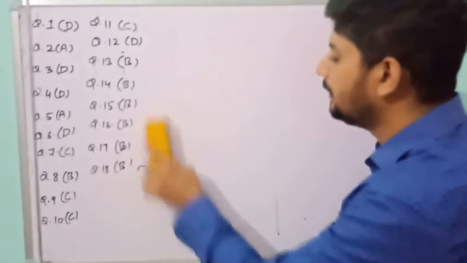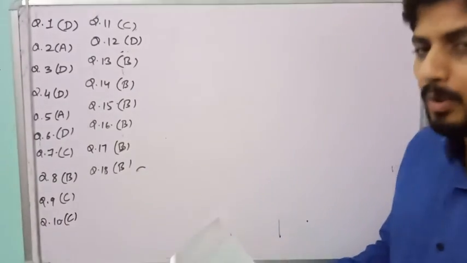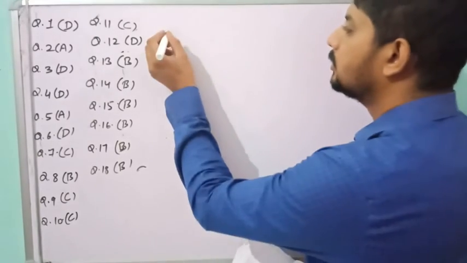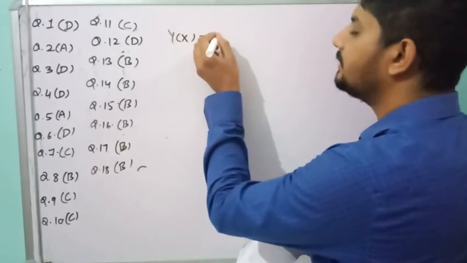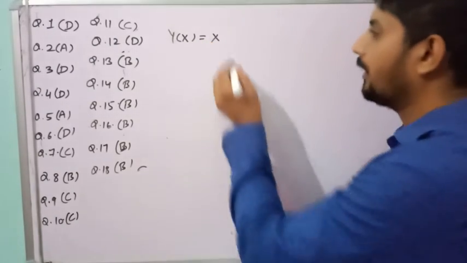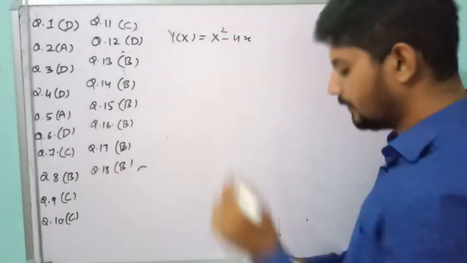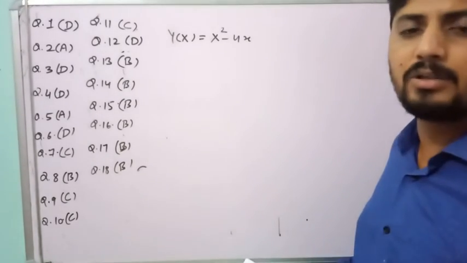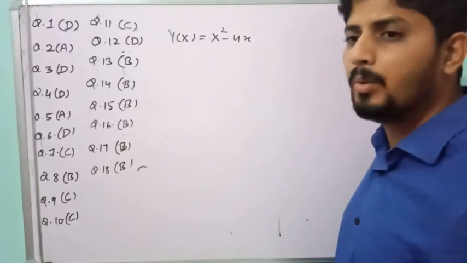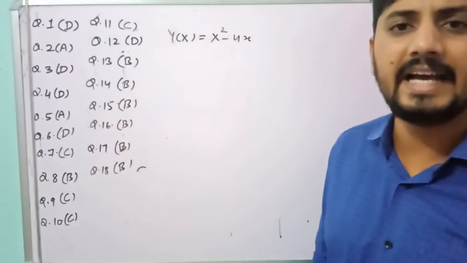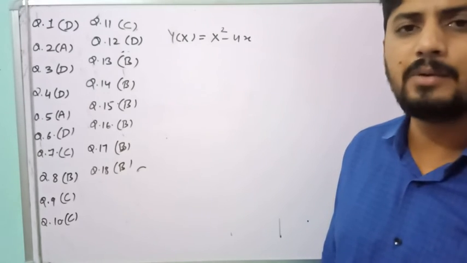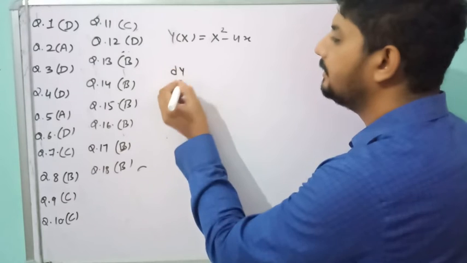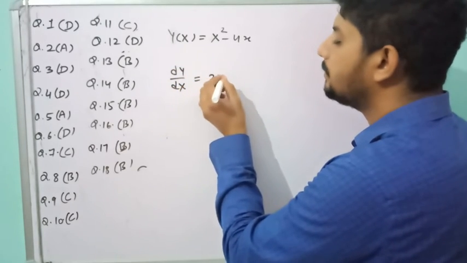Question number 19, let me solve it again. Here in this problem, most of the students make the mistake in question number 19. So y is given to you as x square minus 4x, and what is being asked to you is that you have to find out the minimum value of y. कि y की minimum value क्या हो सकती है, ये आपसे पूछा है. So first of all, you will find out at what value of x it can give you the minimum value. For that, you are going to differentiate this function. So dy by dx, you can write, this will be 2x minus 4.